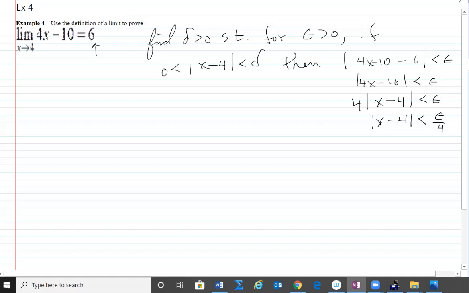So that's what we'll do. We'll choose delta equal to epsilon over 4. And I should add, or smaller. Okay, there's no need to go smaller, but we could if we wanted. We're going to choose it as epsilon over 4. This way, if we have this, so this is actually the proof now, right here. The proof is this: if delta equals epsilon over 4, regardless of the size of epsilon, as long as it's positive, then